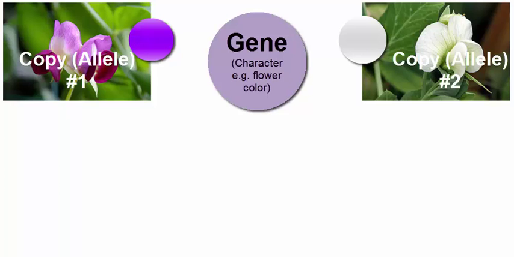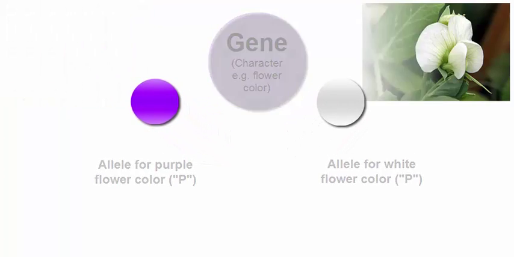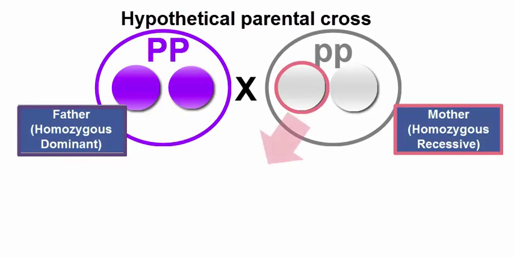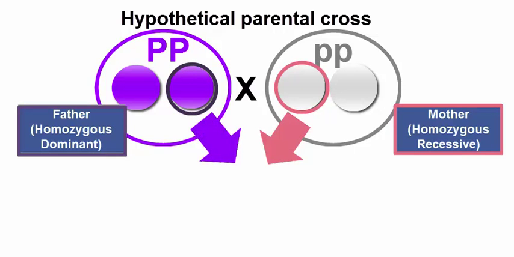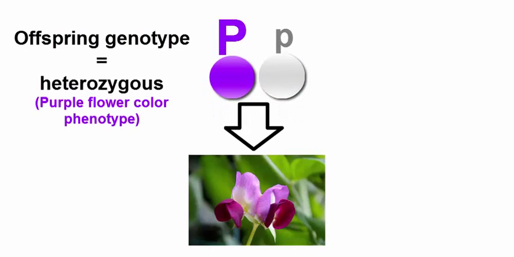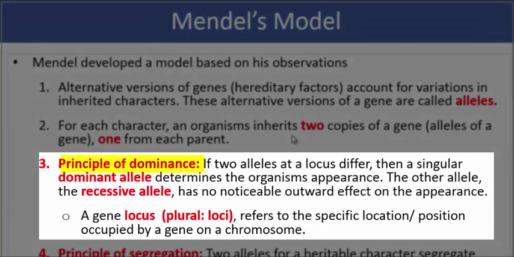So for instance, if we're talking about the character for flower color, an organism will inherit 2 copies of a gene, so 2 alleles, 1 from his mom, 1 from his dad, 1 from the male parent, and 1 from the female parent. And those 2 alleles are what are going to determine the character, the color of the flower in this case. Now the third point is what we call the principle of dominance, which simply states that